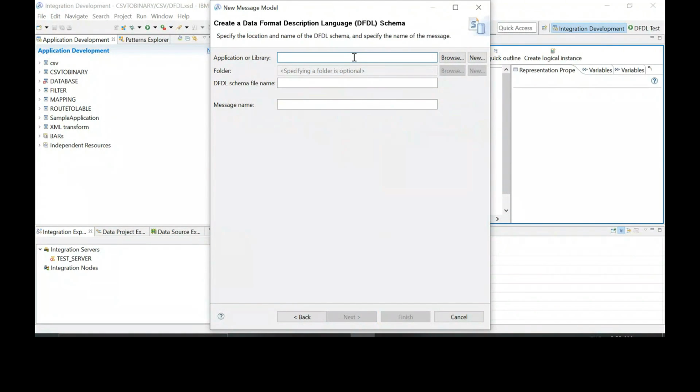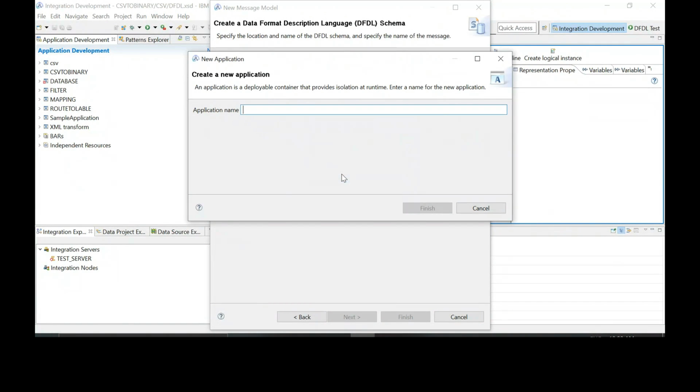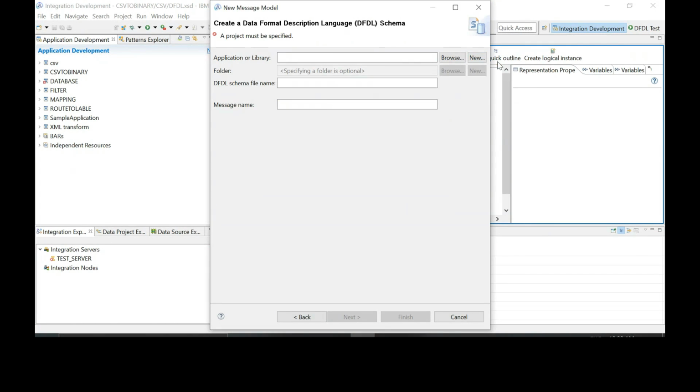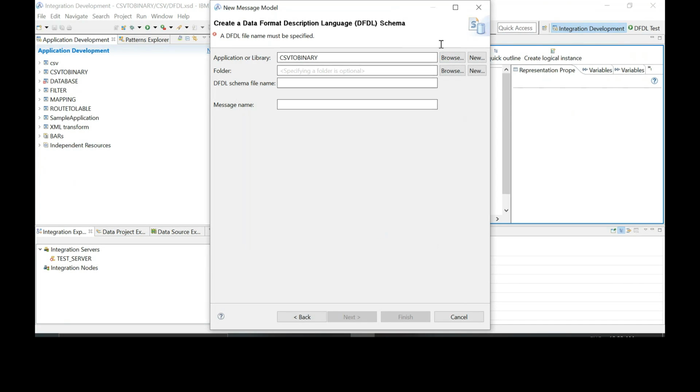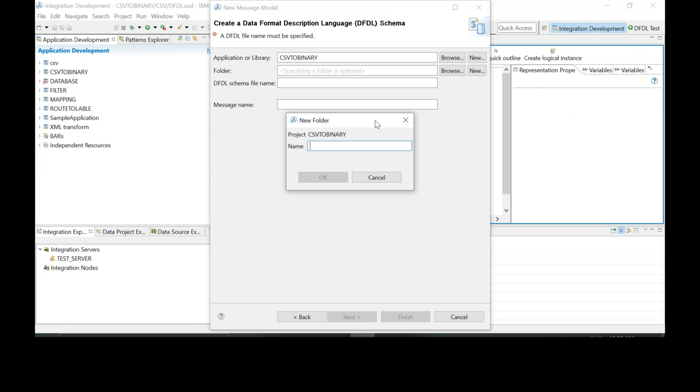Select some application or library where you want to store this. I'll create the new one. No, they both should be in the same application: your first DFTL for CSV and second DFTL for binary. Click on the browse button. Yeah, keep this. Should I create the new folder or should I browse that?